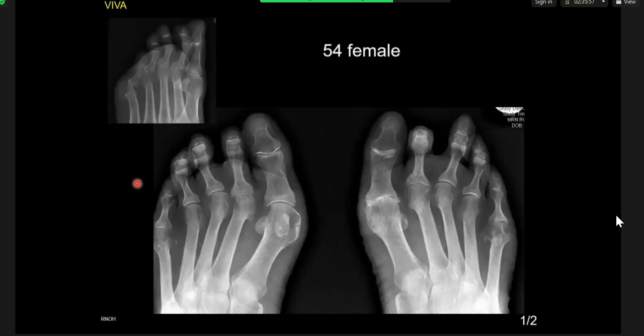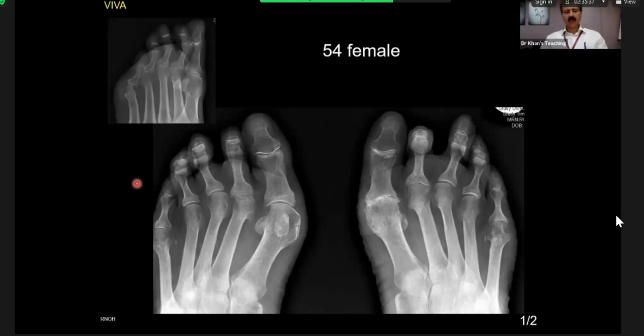So my primary diagnosis would be rheumatoid, or gout. However, I favor rheumatoid because the erosions do not have a sclerotic margin. So my primary diagnosis would be rheumatoid arthritis of the feet. Okay,